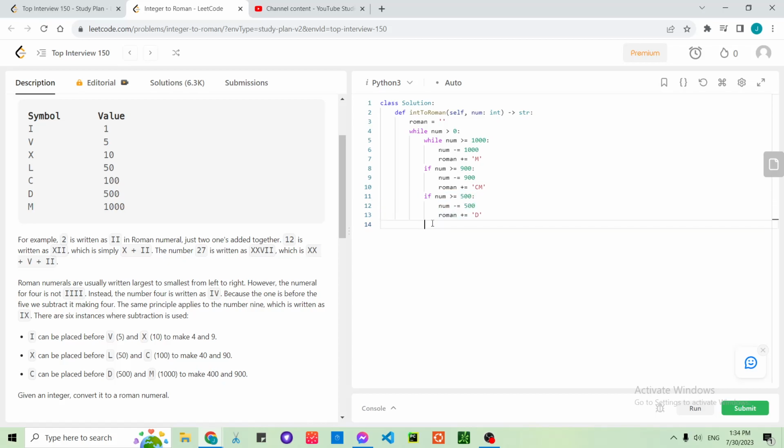So if it's over 400, then we will subtract that, and we add a CD for 400. And what if we had, let's say, 300 left? That would be well, because there could be multiple of them. So 100 is C,